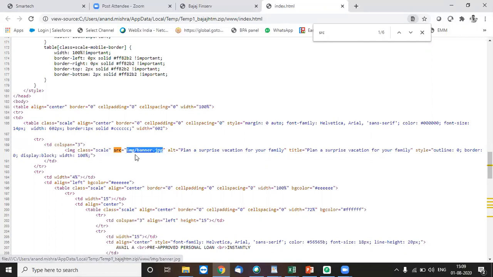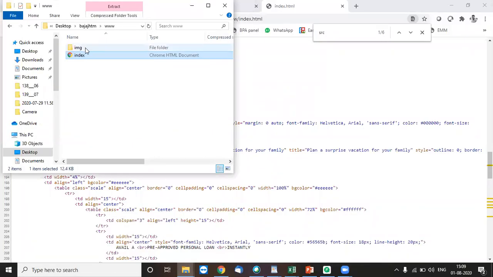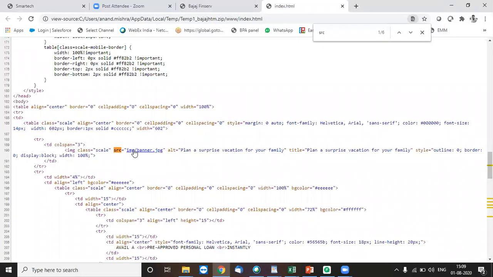If at times you have not mentioned the right folder name over here, let's say over here I had IMG, right? In case of IMG, if during my HTML creation I have mentioned image over here, IMAGE, this definitely would cause me a problem where I would get an error of image unavailable.